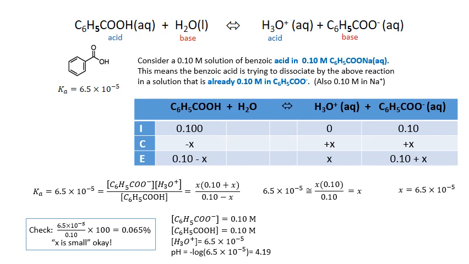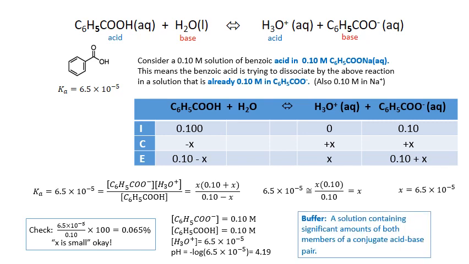Now here, H3O plus, this time the H3O plus is coming from the benzoic acid, right? There's no HCl that we started with. Now it's just the amount that came from the dissociation of benzoic acid. It's very small. 6.5 times 10 to the minus 5. You take the pH, negative log of that, it's 4.19. Okay. So we can figure out problems like this, and the math is actually, I think, a little less complicated. You don't run into quadratics and things like that because, especially when you can neglect the x in the numerator